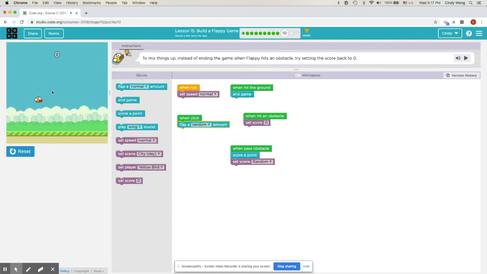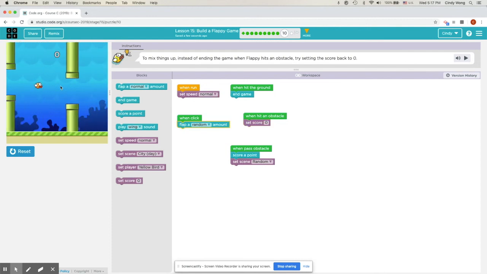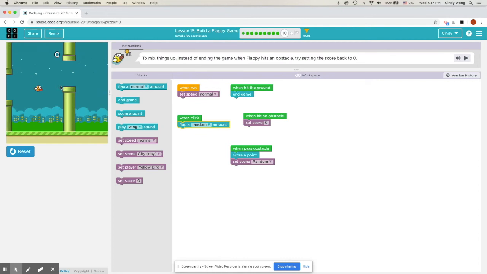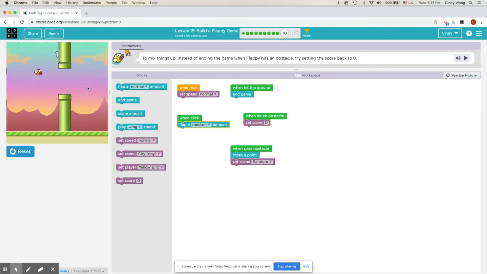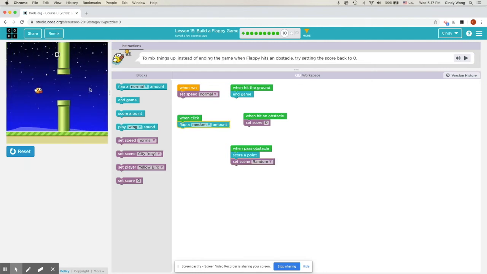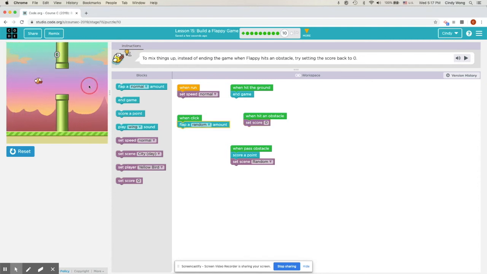All right. Let's see if I can successfully... Yay! The scene change. Yay! So that works. But then, I got 0. So it didn't end. I went through the pipes. I normally would have gone... Yep, there we go. Here's my point. And because I touched the pipe, I lost the point again. There's my point again. So this is a little more fun because